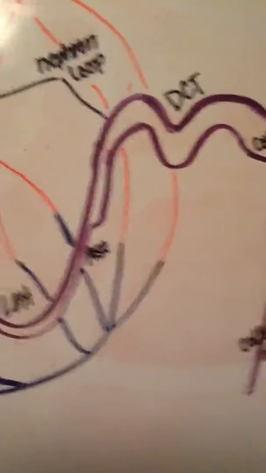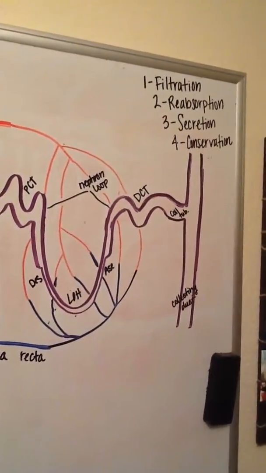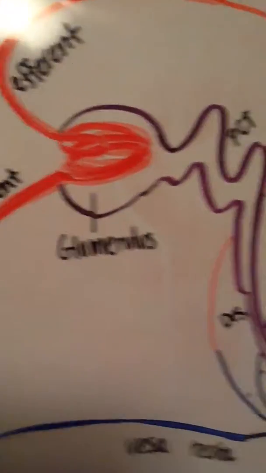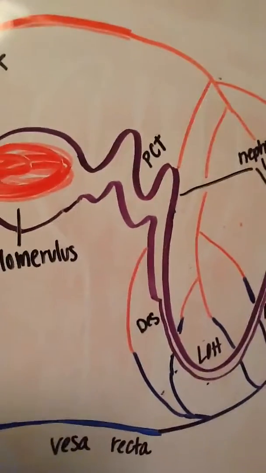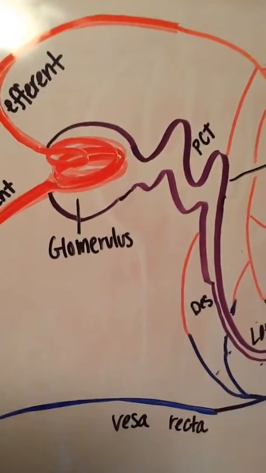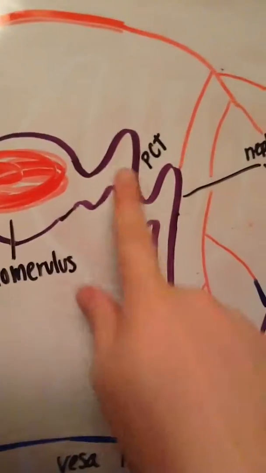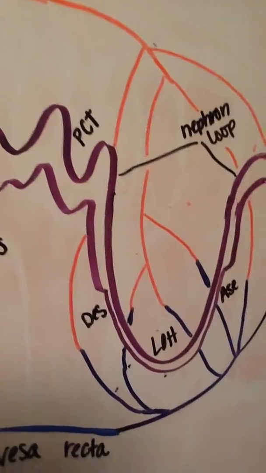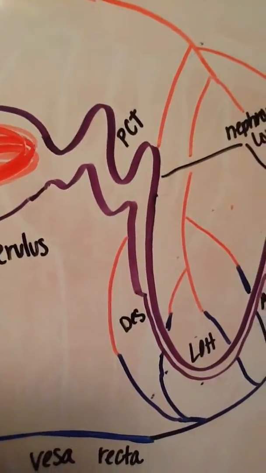So the formation of urine goes through 4 steps: filtration, reabsorption, secretion, and conservation, which is typically just water. Filtration happens right here in the glomerulus, and typically what is filtered is oxygen, urea, uric acid, glucose, amino acids, and salt. Reabsorption starts here in the proximal convoluted tubules, and what is reabsorbed is glucose, peptides, proteins, amino